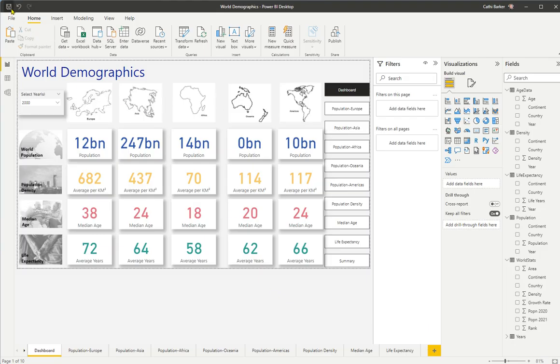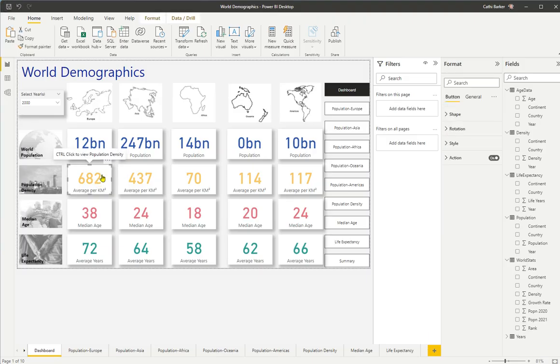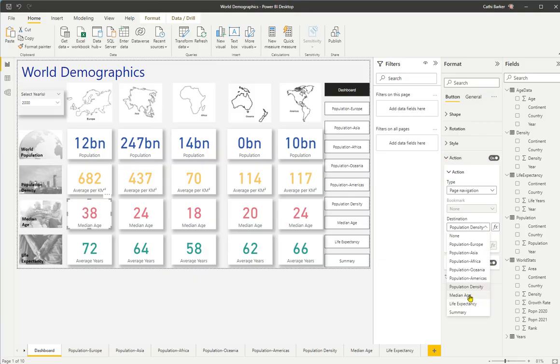I'm going to save that particular one. I could create action buttons and get it to move to my various pages. Maybe I should do that. So I'll click on this action button, and if I drag it, yeah, it is the action button. I'm going to go Control C, Control V to duplicate it, pop it over the top of this. I'll use my arrow keys to nudge it across. I'm then going to change the action that it goes to the page median age, and I'm then going to